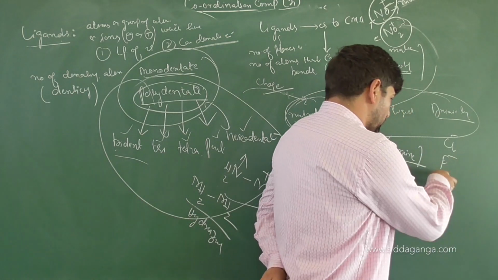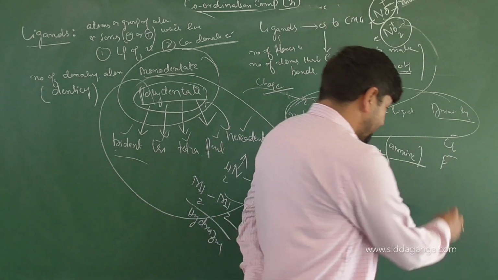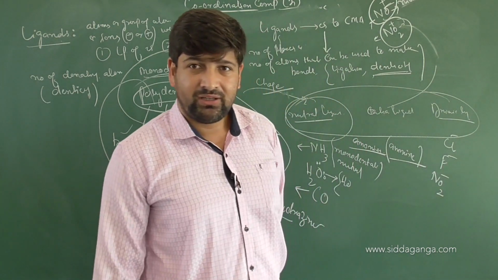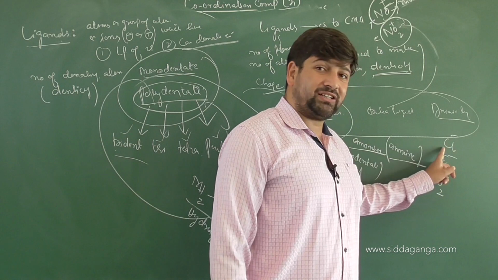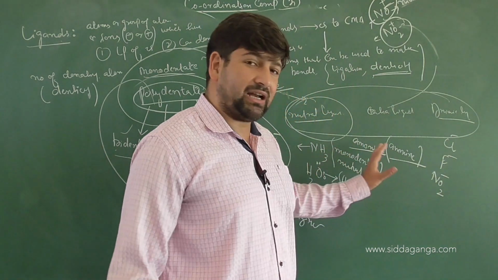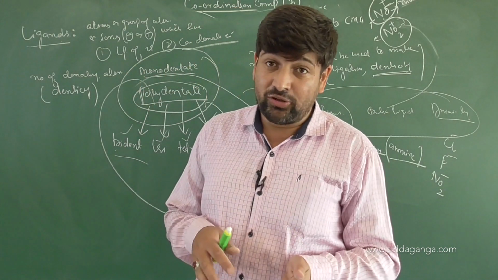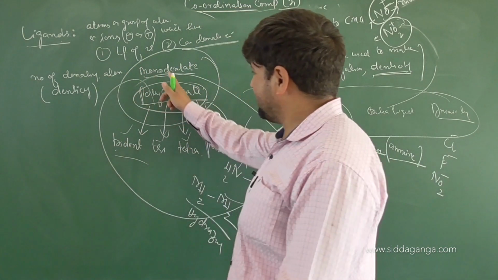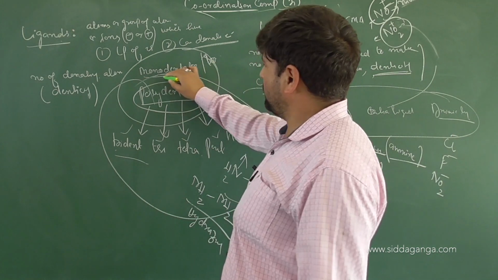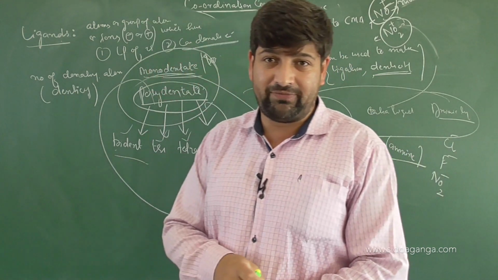Then this can be fluoro or fluorido. This one is NO2 minus. It will be nitro. What will it be? Nitro. So whenever there is a negative charge on a ligand, its name finishes with O. Am I clear? So these are all monodentate ligands which are charged. Similarly, you can take many examples which are monodentate and charged, or neutral species as well. You can further write for your homework 10 examples of monodentate ligands. Important condition: it should have a lone pair of electrons and be in a position to donate the lone pair clearly. Am I clear?